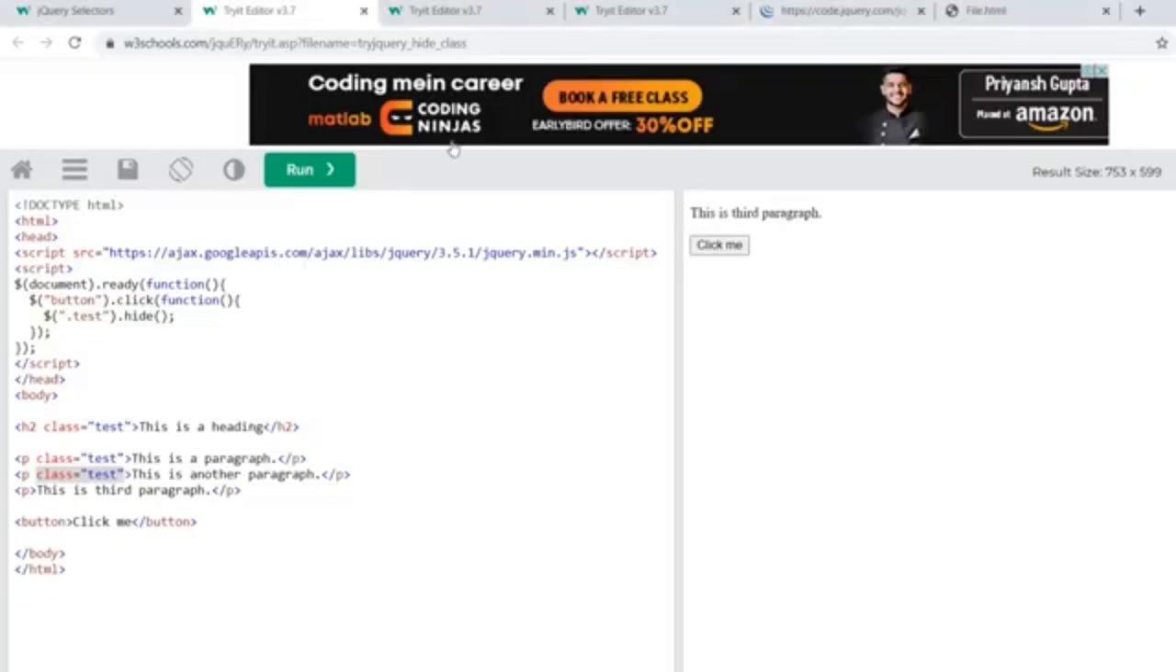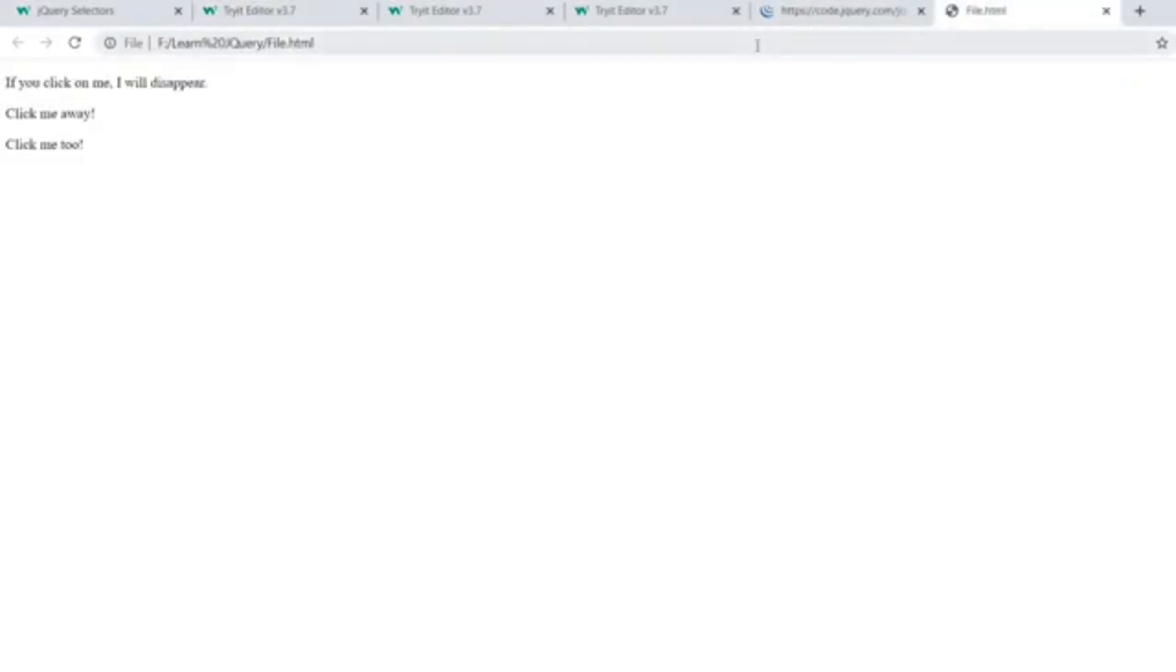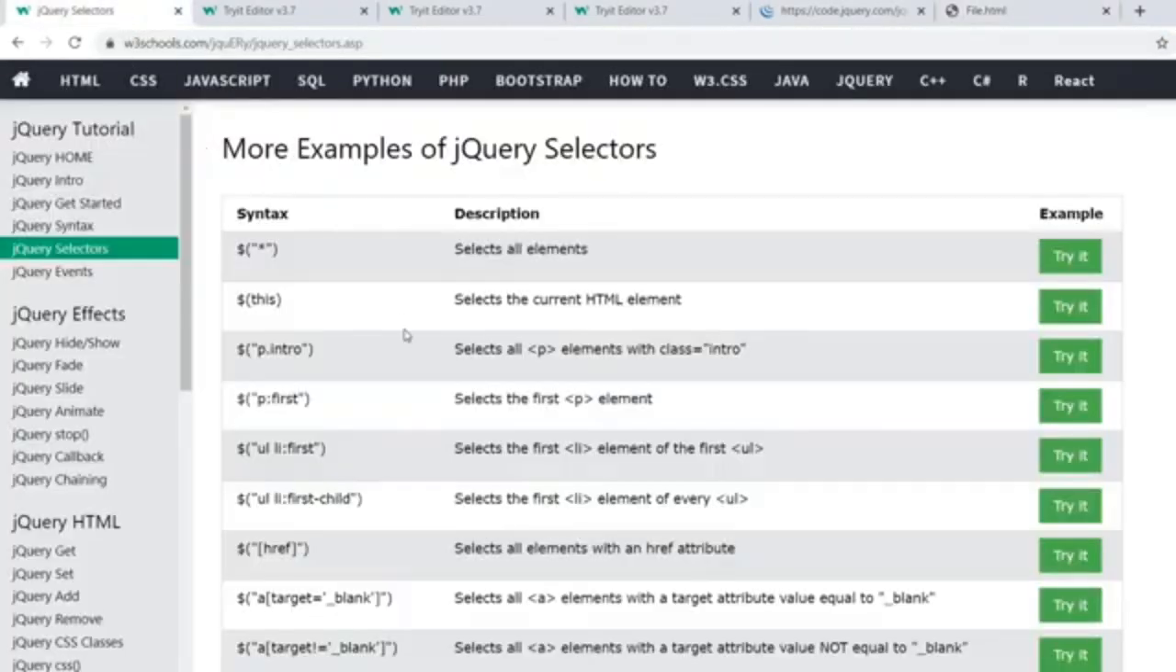So here is the example. This is nothing but the particular element which you have selected previously. So when I click on this, that particular thing will be hidden. Things like these you can do by using this. I think you got clarity about the HTML current element. Also, if you are selecting all the P elements, then you can